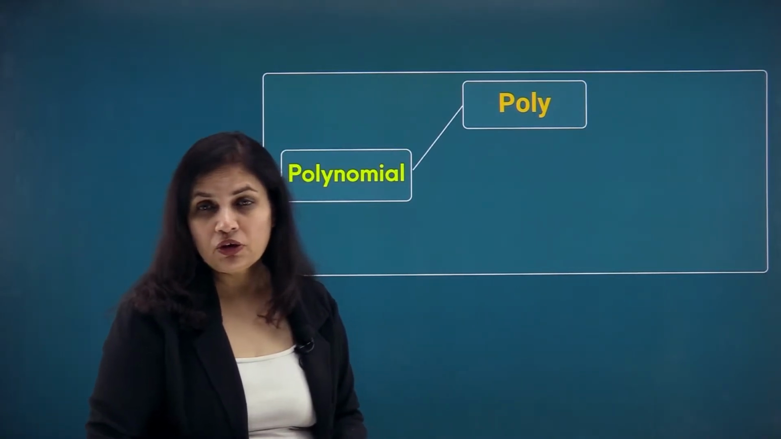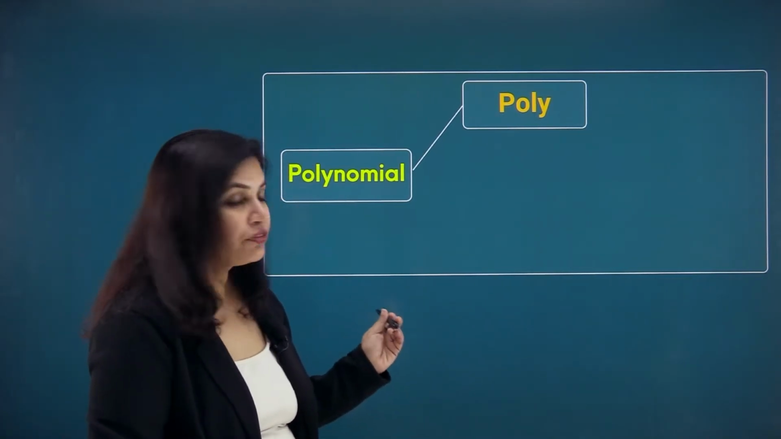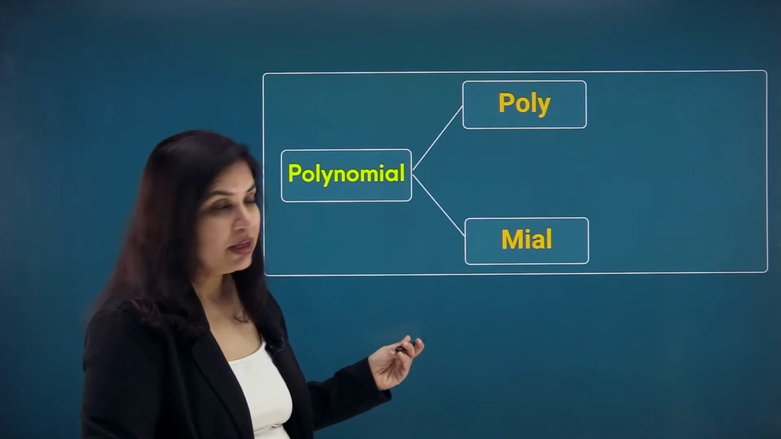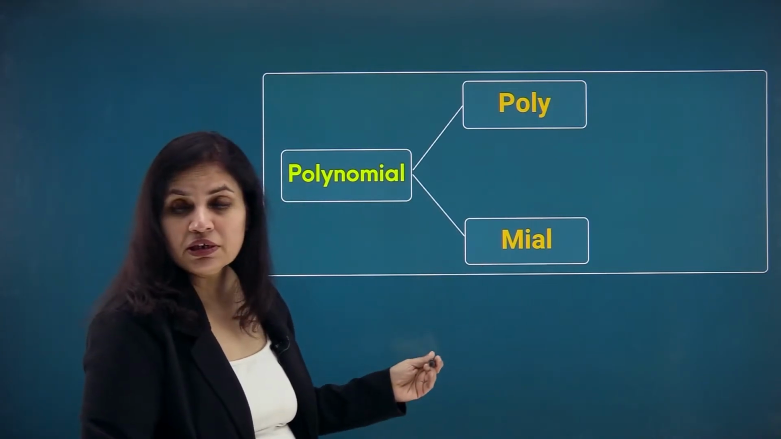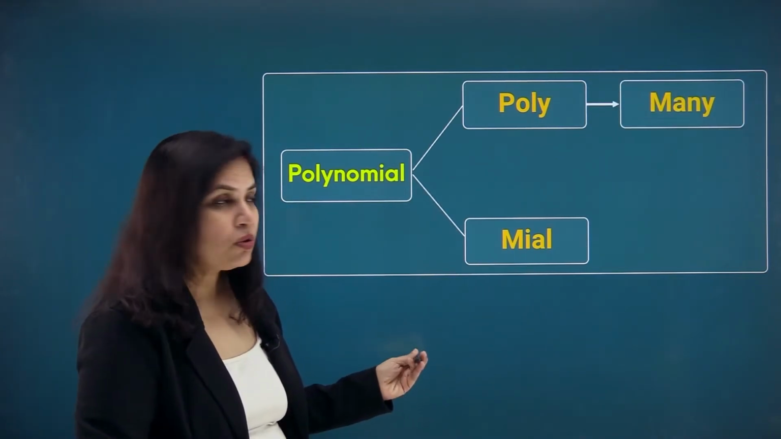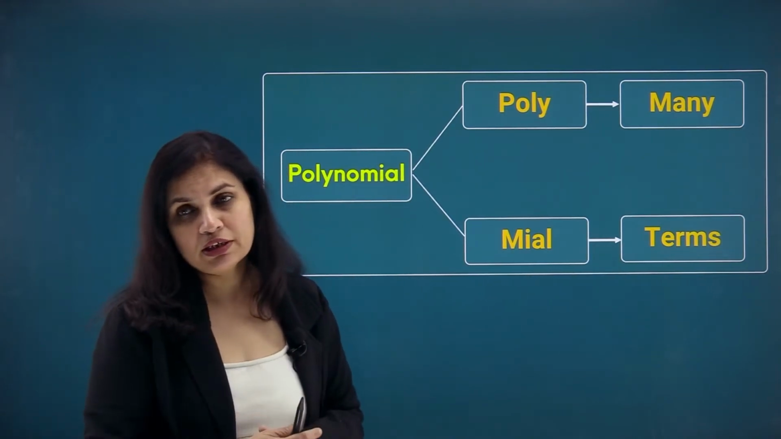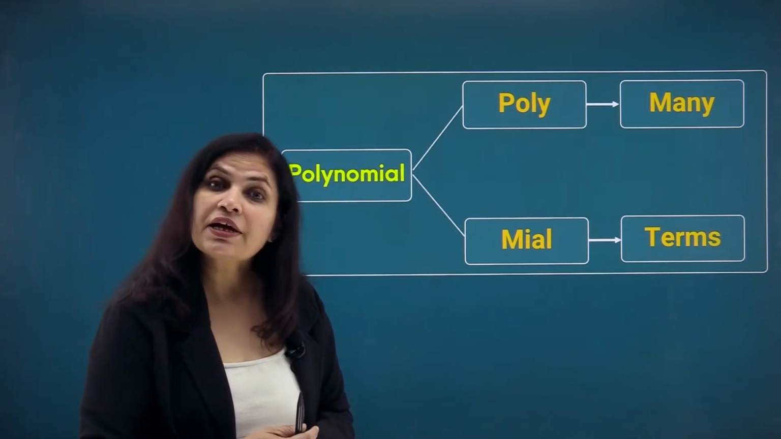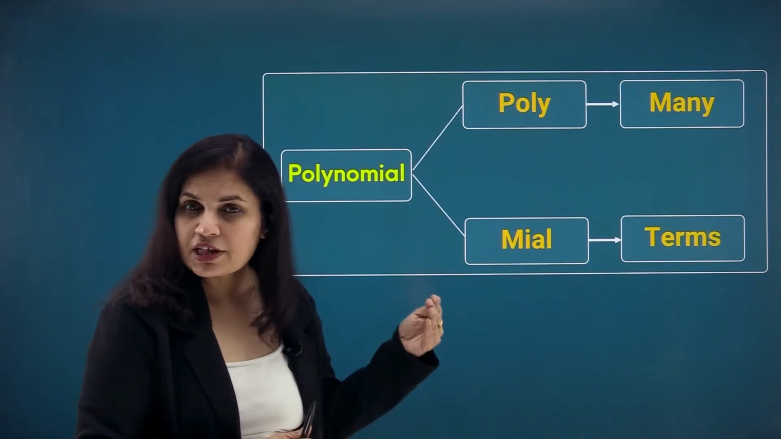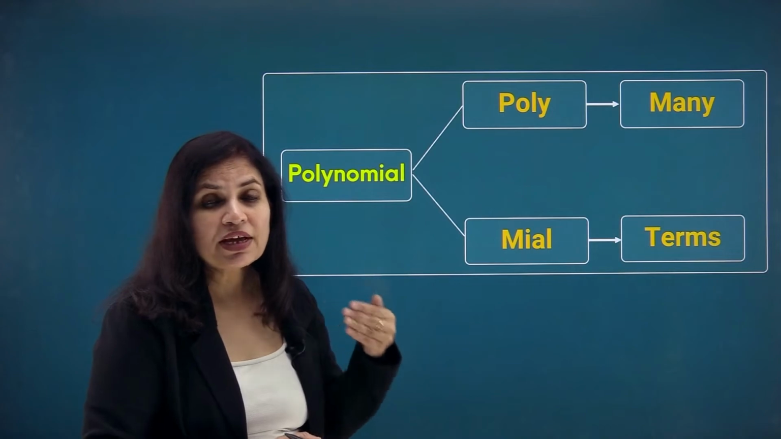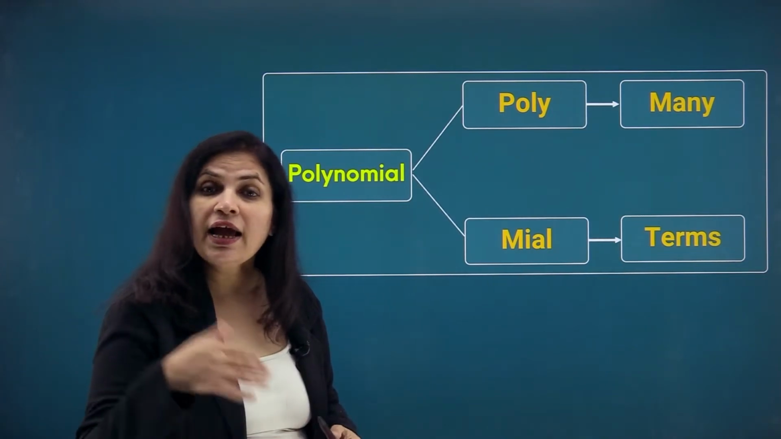The word polynomial is divided into two parts. The first part is poly, which means many, and the other part is mial, which means terms. So, if I combine them, the word polynomial altogether means a many-termed expression. Whatever expressions we have learned till 3 terms or 4 terms, we expand further till n terms to